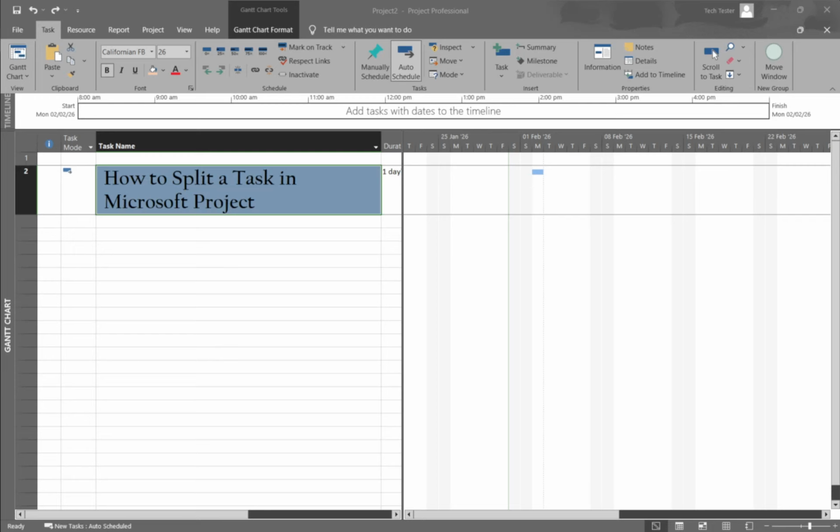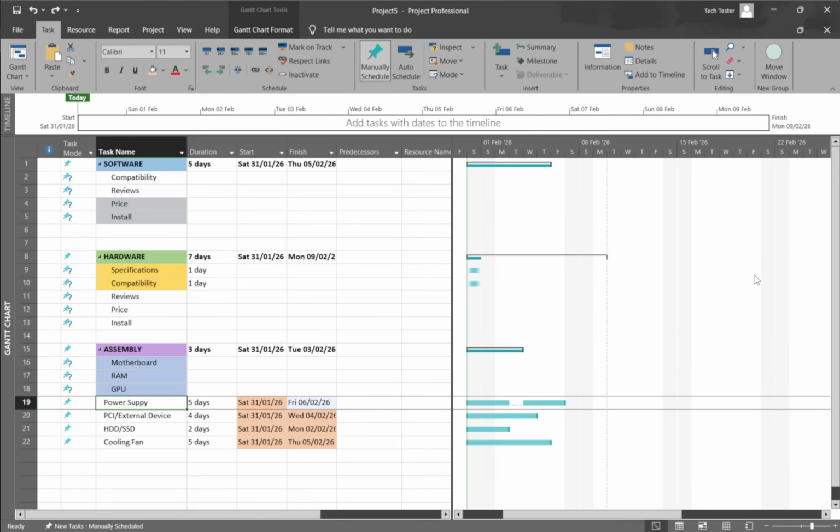In today's video, I'm going to teach you how to split a task in Microsoft Project. Splitting a task is a simple way to show that work starts, pauses, and then resumes later, which is perfect for handling delays, meetings, or when resources aren't available. On the Gantt chart, a split appears as a dotted gap in the task's bar, making the interruption obvious in